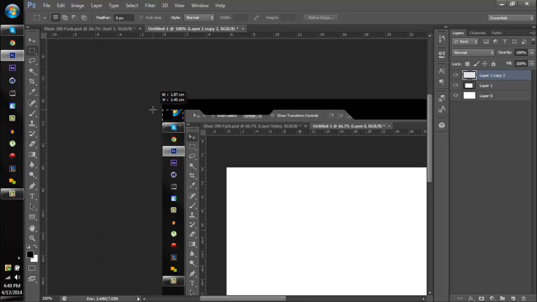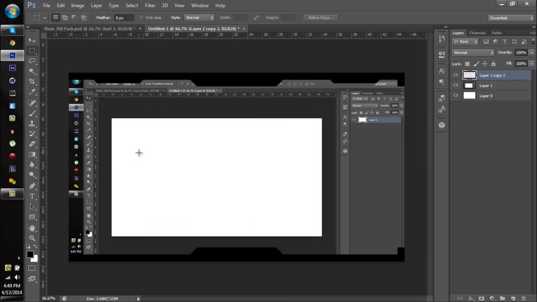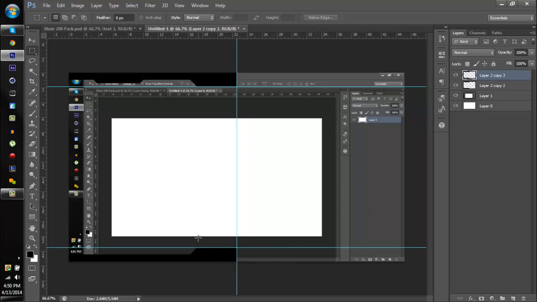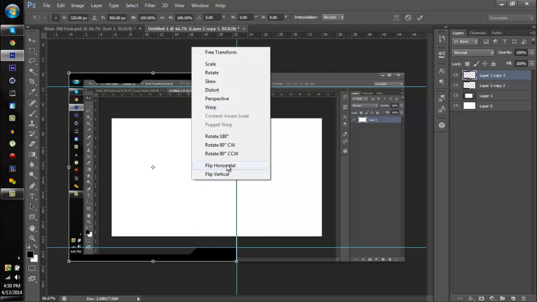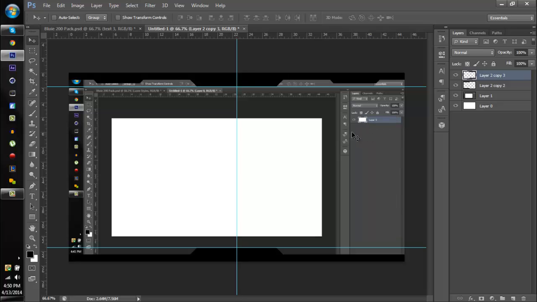And do this side here, and go down here, and then do this side, and then, oops, that wasn't in the middle, and then we're just going to delete this side, duplicate it, and flip horizontal, and then move it over here,